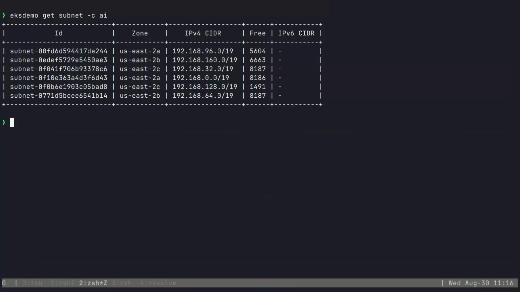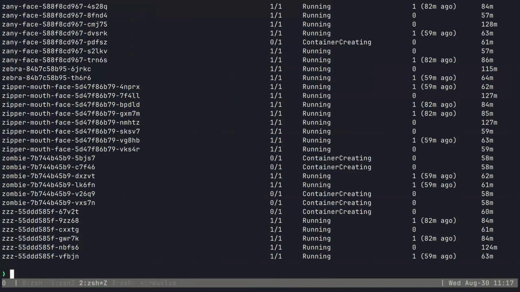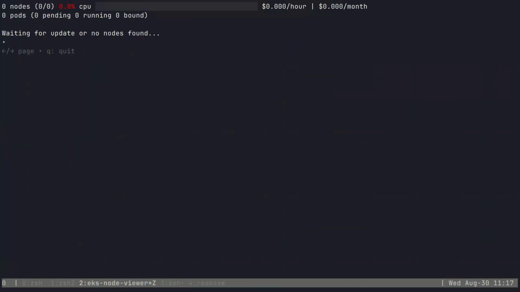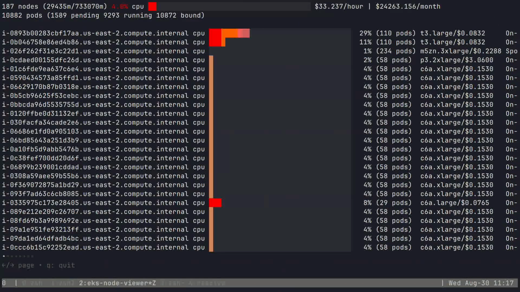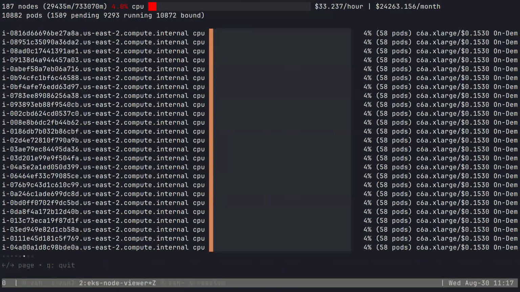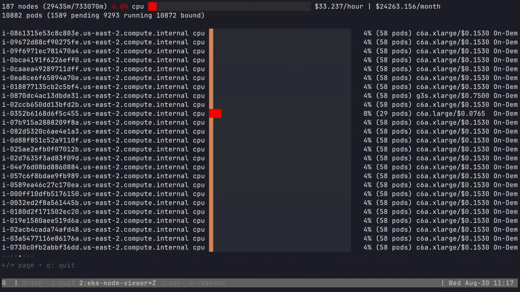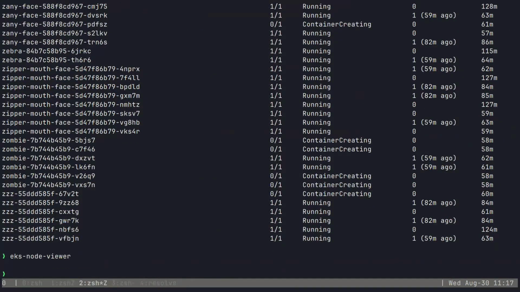As these workloads are rolling out, I have a lot pending here and a decent amount running, but we're still not all the way up to where we should be. And what I'm noticing here is some of my smaller instances, my larges, obviously don't have very many pods on them because they don't need that many. But my 4XLs have a lot. So they have 200 easily. And so I'm bound here, I think, based on just the IP addresses I could have per node in that case. And so, like I said, 58 on these extra larges. I got to find where the ones that aren't running, why they're not running and what they're bound to.